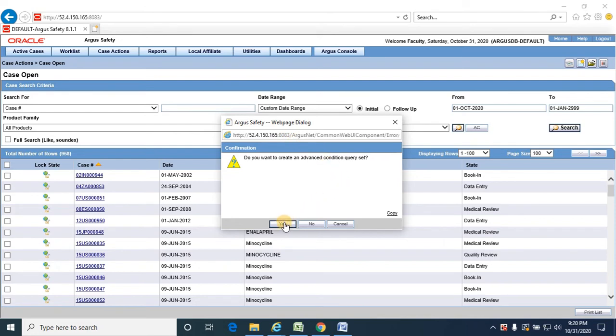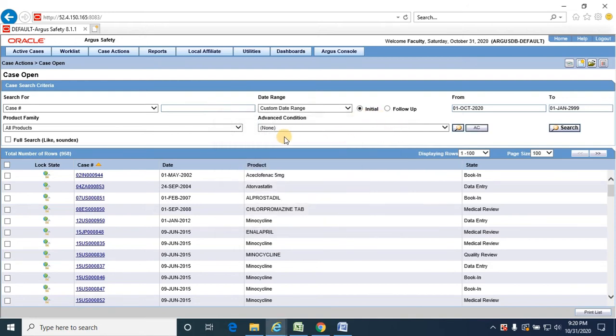If you click on yes, a query set would be created. A query set is nothing but a combination of advanced conditions, meaning multiple advanced conditions could be clubbed together to create an advanced condition query set. When you click on no, an individual advanced condition would be created.